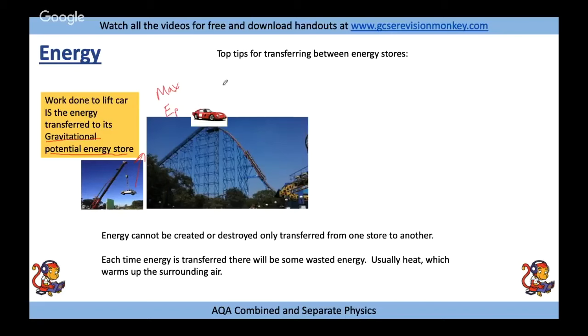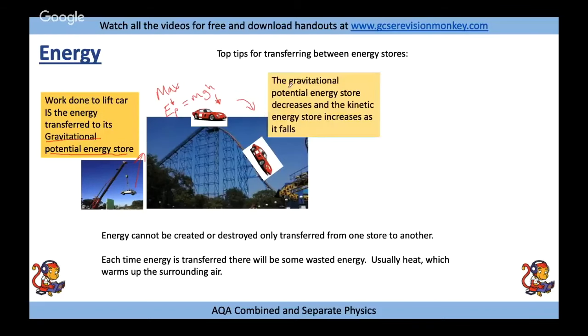And there he is, ready to go. Okay, as he starts to go down there, now EP equals mgh. As he starts to go down the hill, the height goes down. That means that the potential energy goes down. Where's it going to? It's going to turn into the gravitational potential energy store decreases and the kinetic energy store